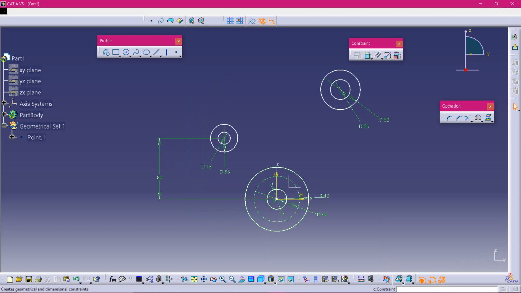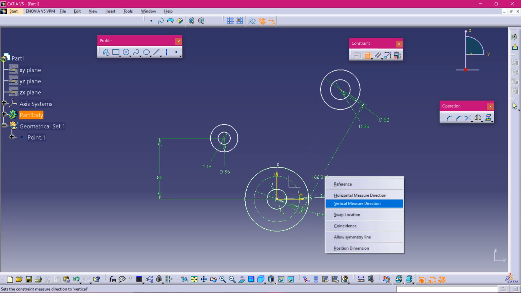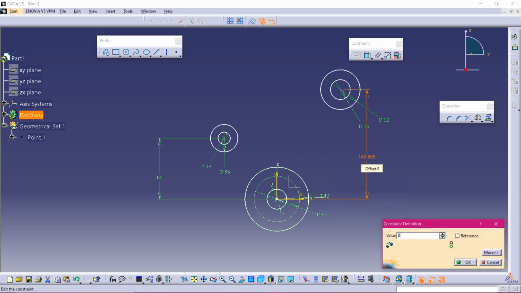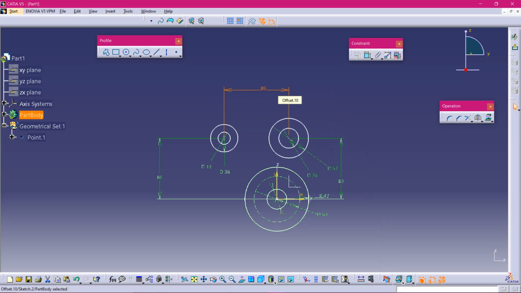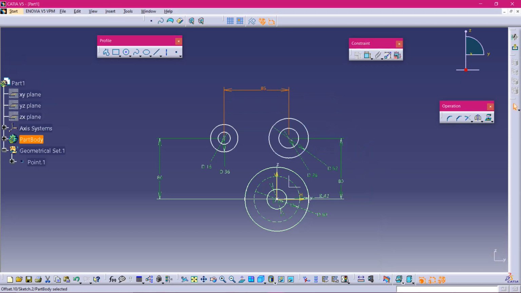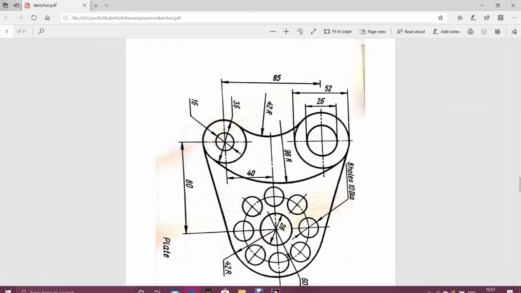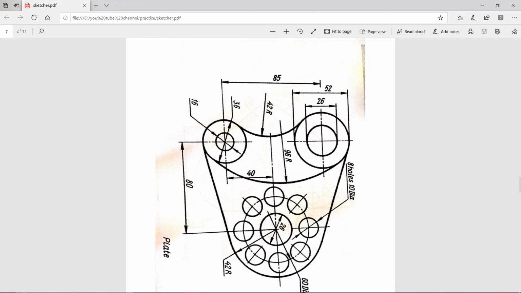So this one and this one, distance, and this was 80, and the distance between two centers is 85. So you can find here it was 85, but still they are not fully constrained because these were symmetrical with respect to the z-axis when you come to this picture, but in our sketch they are non-symmetrical.